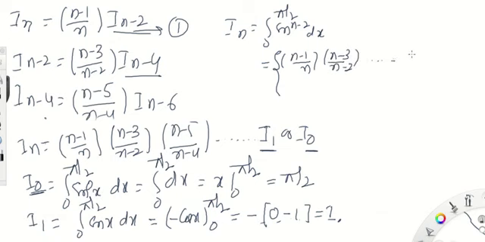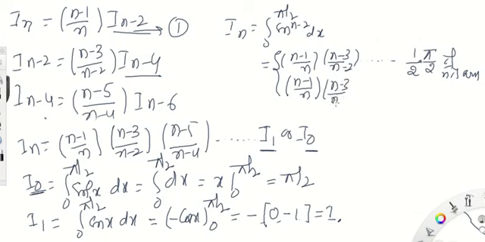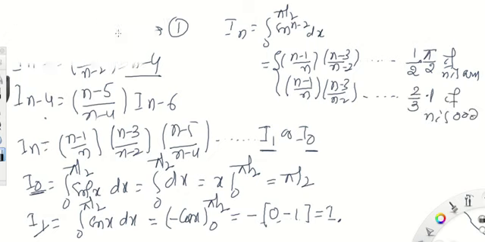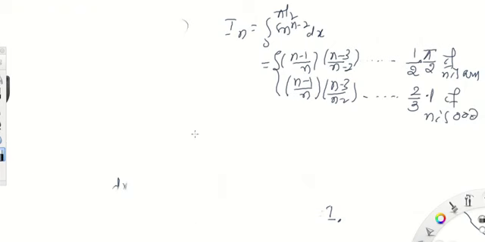If n is even, the last value is pi/2, so definitely we can expect the last term is 1/2 if n is even. If n is odd, we get (n-1)/n into (n-3)/(n-2), and finally the value is multiplied by the last number, 1, because n is odd here. Definitely, we can expect the last term is 2/3 if n is odd. We can summarize the result finally. I am going to write both the results. We have to recap the solution here.